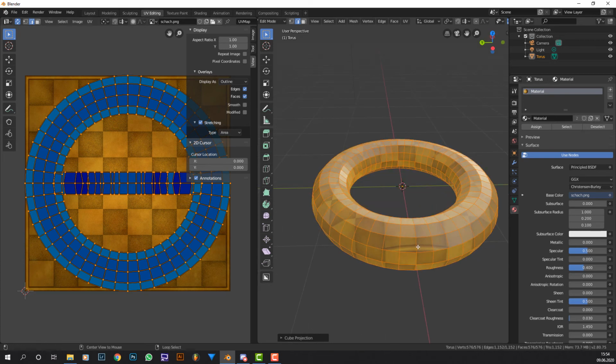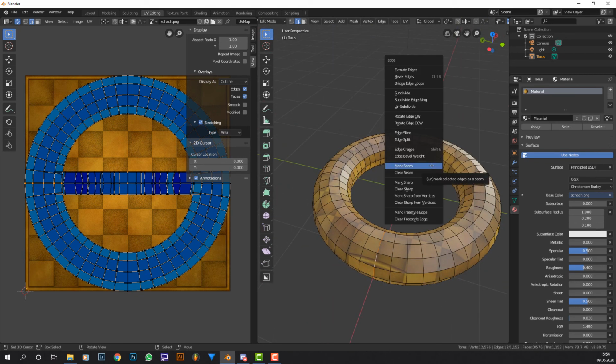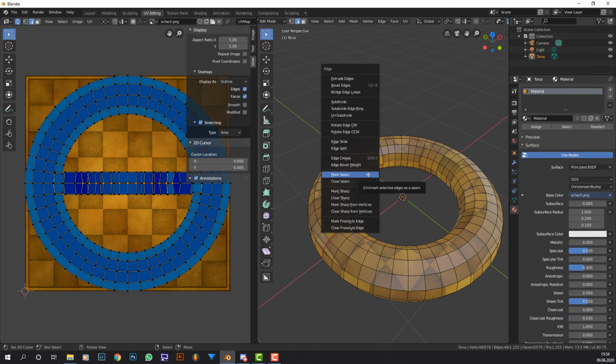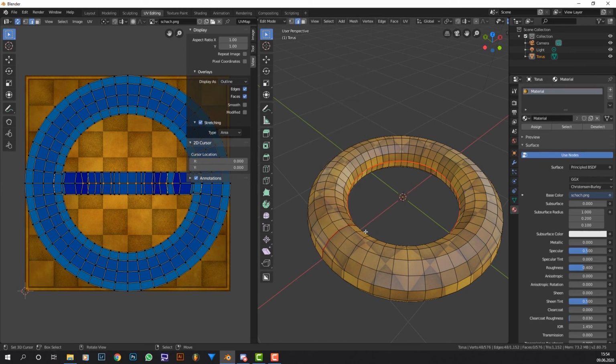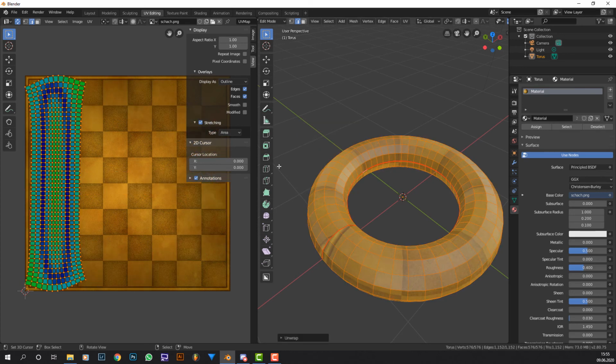But what we can do is just select this whole loop here, Control E, mark seam, then select this loop, Control E, mark seam. So we basically cut it along here and cut it along the inside to lay it flat. If we go like U, Unwrap, we can see